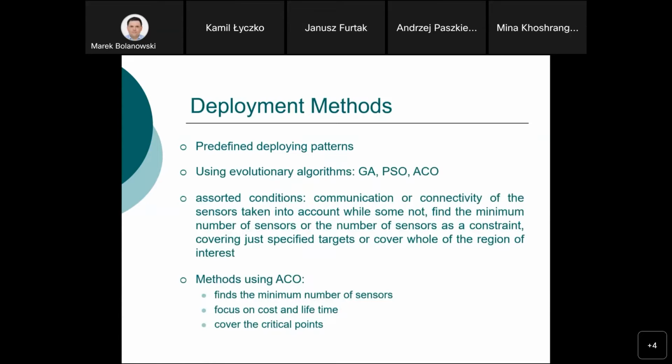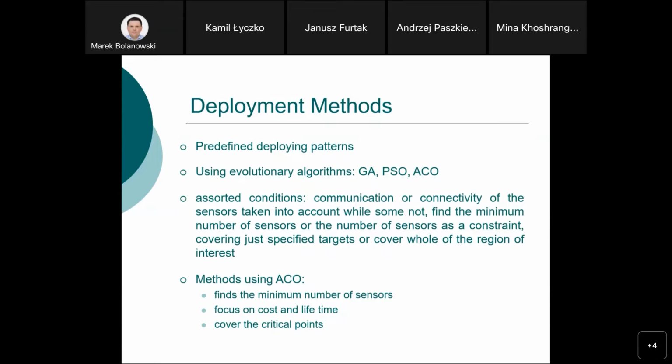Due to the good performance of evolutionary algorithms in various fields, they are used to find the best deployment points for nodes in this area. Algorithms like genetic algorithm, particle swarm optimization, and ACO. Researchers consider assorted conditions for investigating, like taking the communication into account or not. Particularly for ACO,